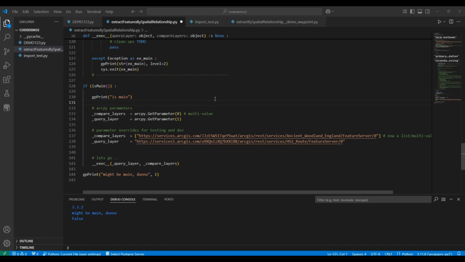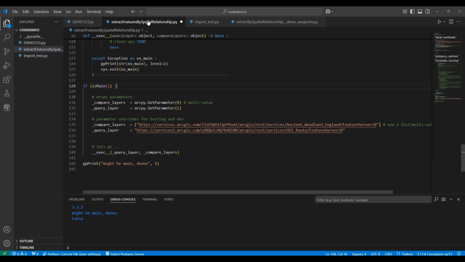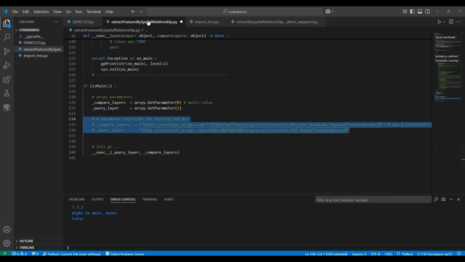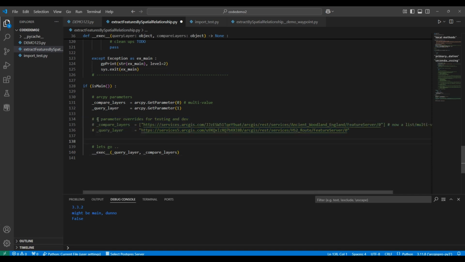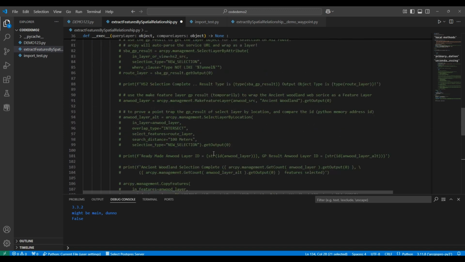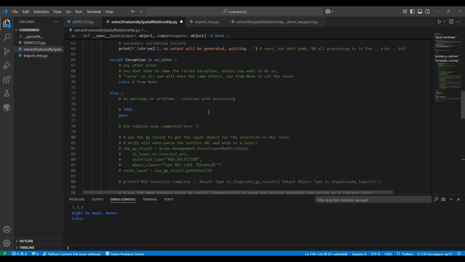So first, I'm going to get rid of these print statements here. We don't need those from before, and I'm going to comment out these parameter overrides for running the tool in the IDE. Obviously, these didn't matter before because there was nothing in the actual execution part of the tool up here, but now we're going to be running it from Pro. We want to comment out the parameter overrides in the IDE. And let's add